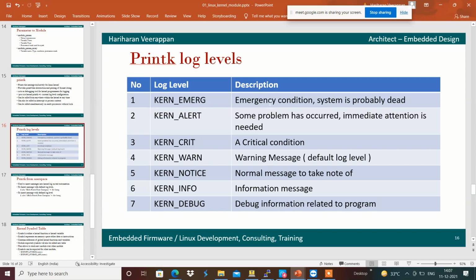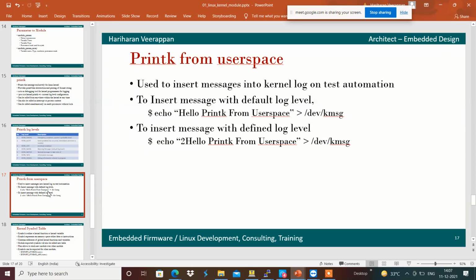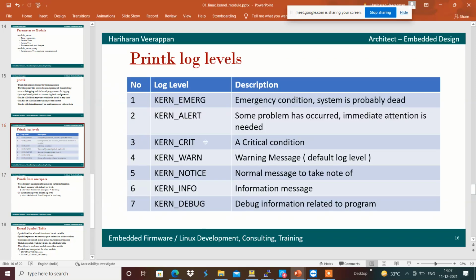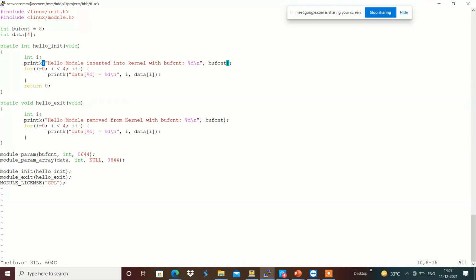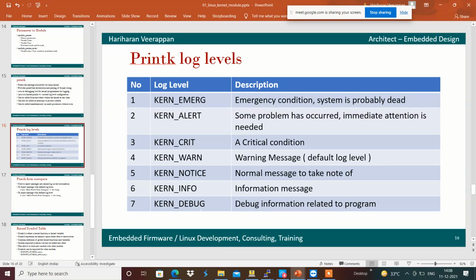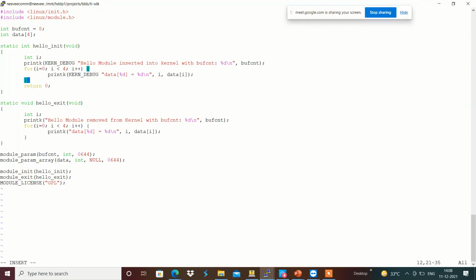And for example, how can we use this in order to make our printk logs work, that we will see over here. I'm going to use vim hello.c, and before that I'm going to add KERN_DEBUG over here.